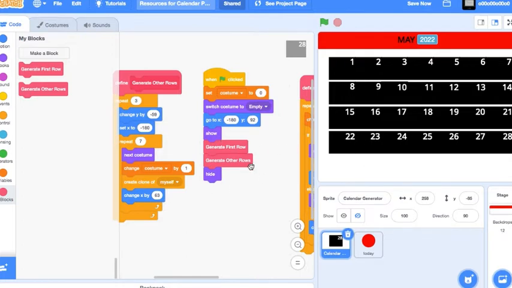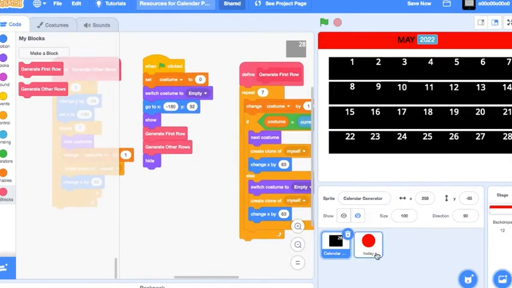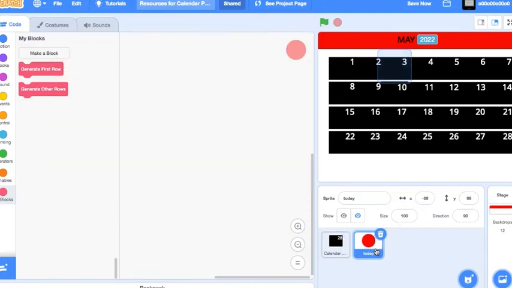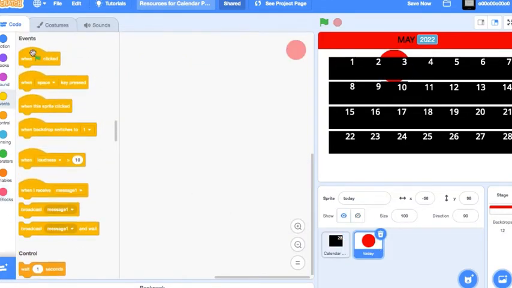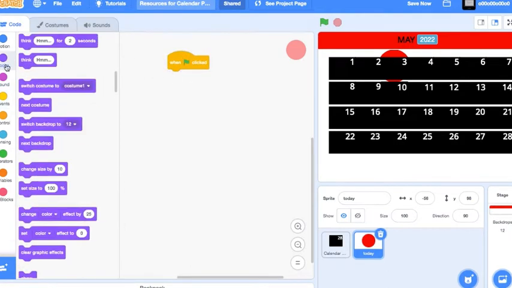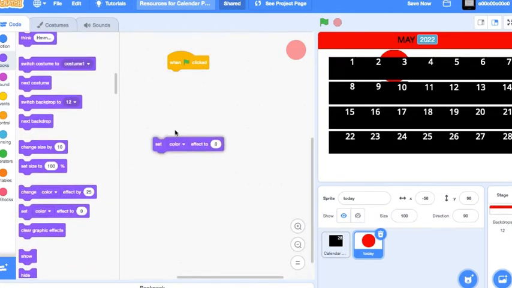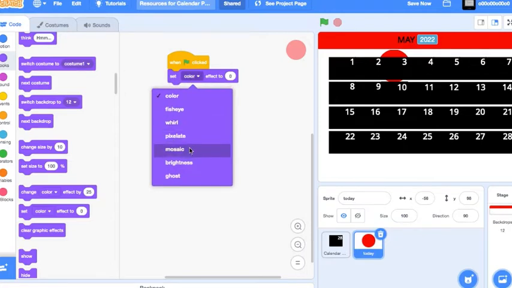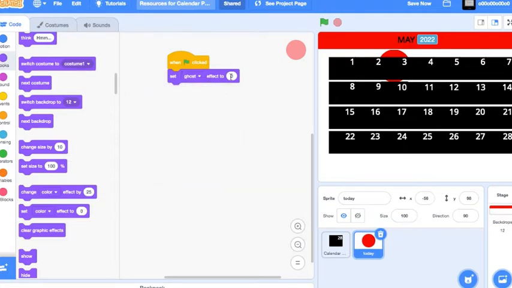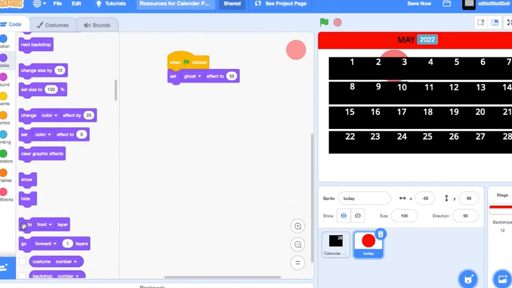We've already generated the rows, and now let's go into the today sprite and let's show it, and let's bring in a when green flag clicked, and we'll set ghost effect to 50. I'll just try that out. Okay, we should also bring it to the front layer.